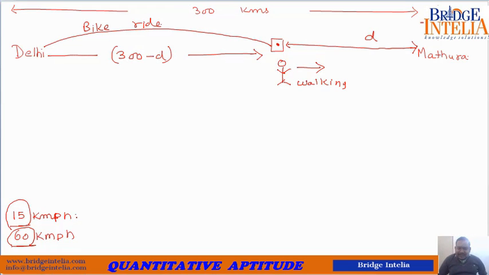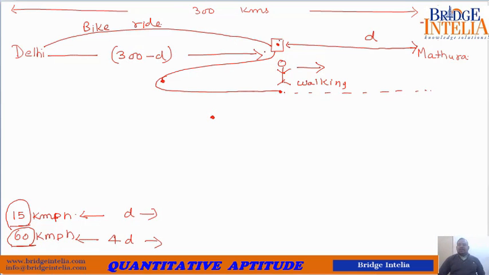So if they take the same amount of time to reach Mathura from this point, that means if the person who was walking has traveled a distance of D, the person who is always driving the bike will travel 4 times the distance, 4D. Why? Here the biker turns back, picks up his other partner and comes to the same point and then continues his journey. So you can see the driver has to cover extra distance. This is the extra distance that the biker covers in comparison to his first friend.